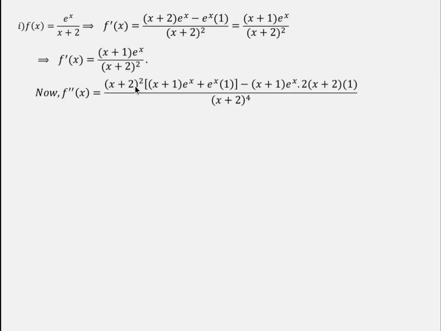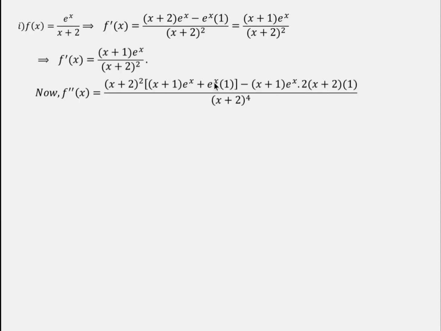To have the second derivative, we have to differentiate the first derivative, and it is still a quotient, so we have to use again the quotient rule. We start by multiplying the denominator by the differential of the numerator, being a product. We have to use the product rule to differentiate it. So x plus 1 times the derivative of e^x, which is e^x, plus e^x times the derivative of x plus 1, which is 1,